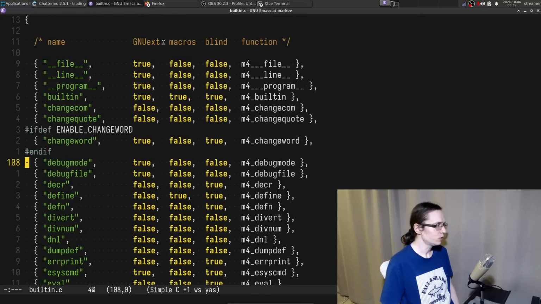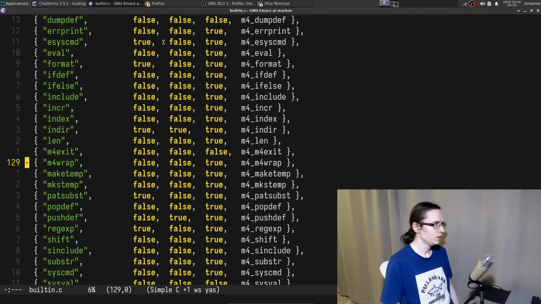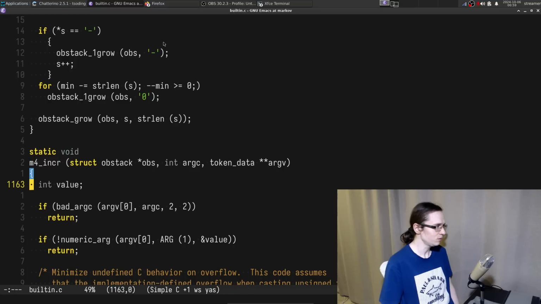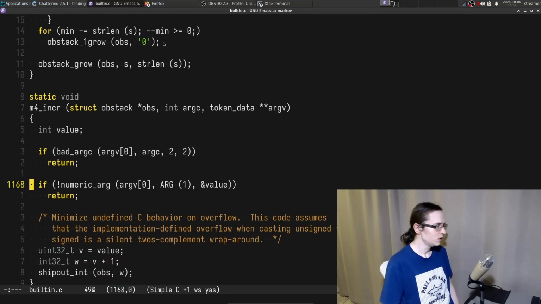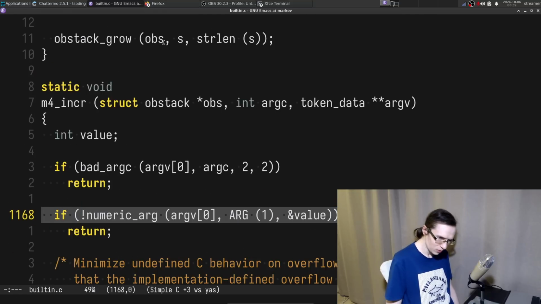So are there any functions that can do some things? Oh, incr. What is the incr function? Does it increment a value? Oh, you can have numeric arguments.